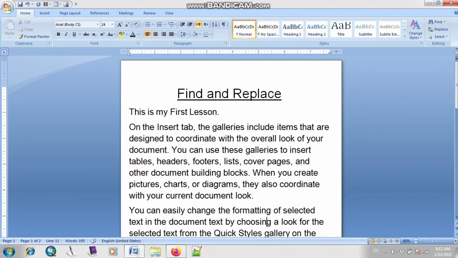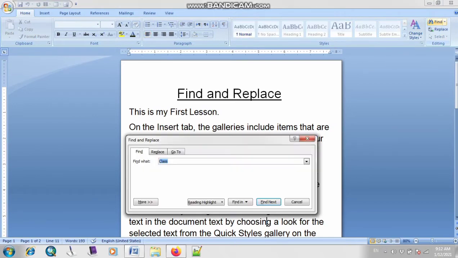I'm going to replace some words from this paragraph with some other words. So what is the method? Sikandar, what is the method? Alvina, can you tell me what is the method? Right. What you have to do is very simple and easy. You have to click on this option of find. When you click on this, you have to type your word. As you can see, the word class is your previous word which you have already typed, and you replace it with the word lesson.